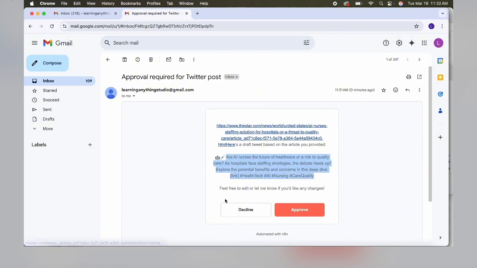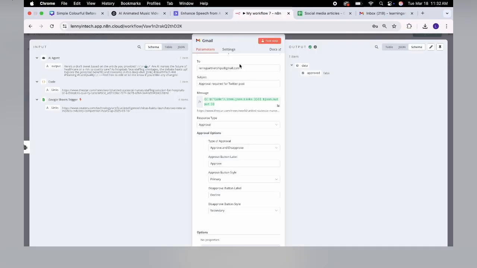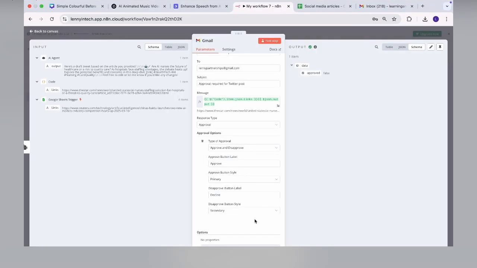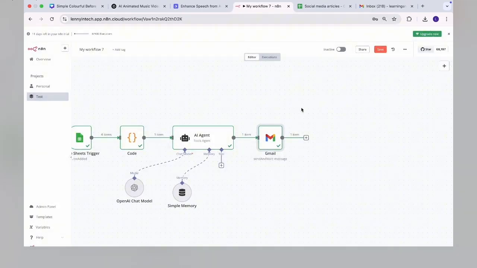Okay, and let's go back to N8N. So now in N8N, we have this process working fine. So we go back. Now we want to include that if else statement. Okay, so if I approve this, what should happen? If I don't approve this, what should happen? Now if I approve this, I really want it to go into my Twitter. So let me go to if,